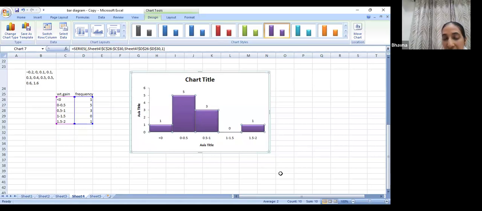We usually use Excel whenever you are submitting a manuscript. But what you need to know here is what is the diagram which is apt, because if I don't know that this is continuous data and a frequency polygon or histogram is to be drawn, I would go with a column and I would treat this as qualitative data and draw a bar diagram, which would be totally wrong. So my conceptual understanding of the type of data is very important to select an appropriate diagram.